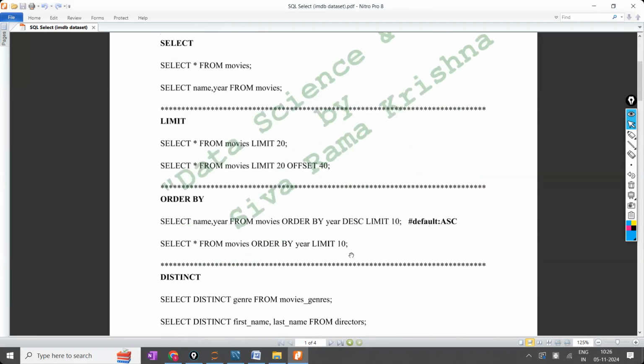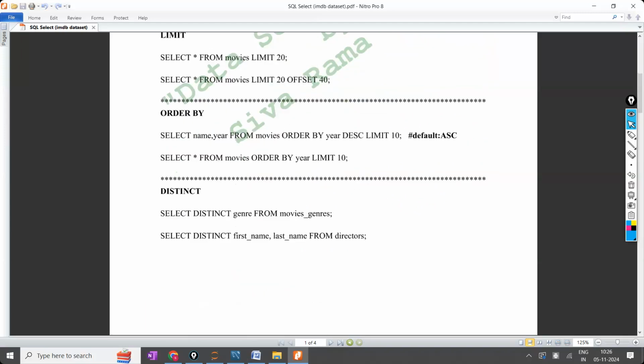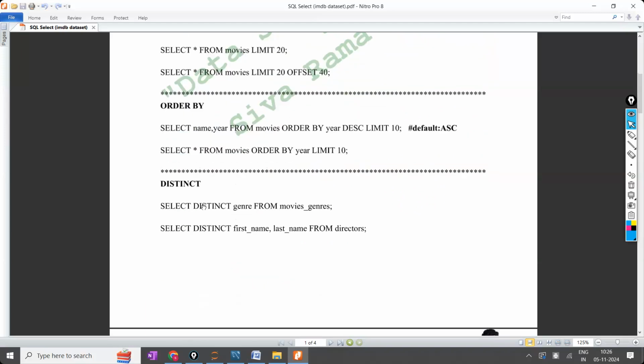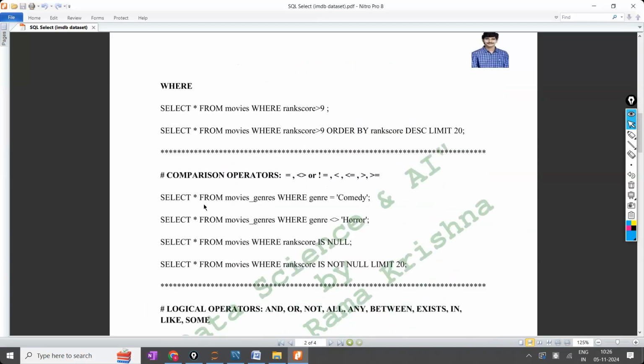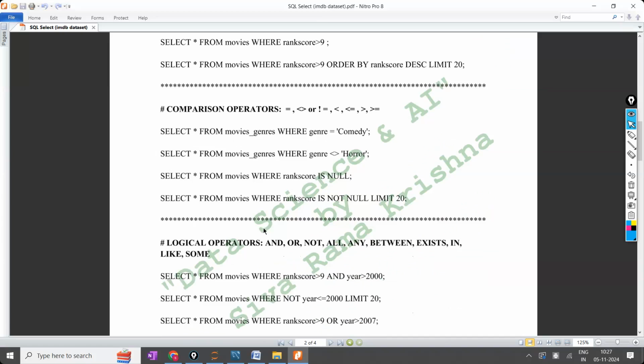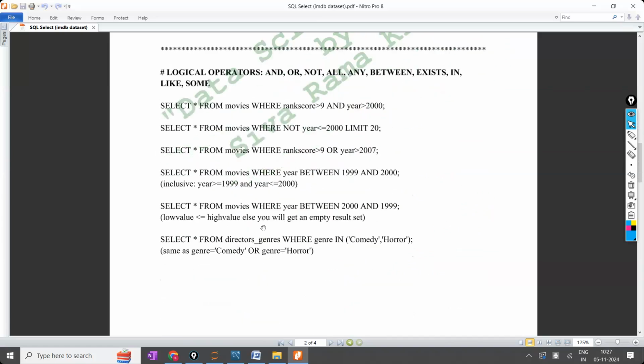If you want the descending order, you have to add descending clearly. Otherwise it will take ascending order. Next distinct. Next where. In the where you are going to use the comparison operators, logical operators, all the comparison operators, logical operators, and